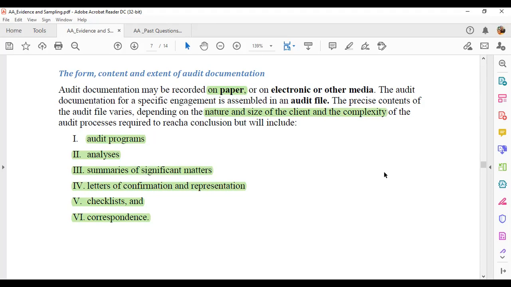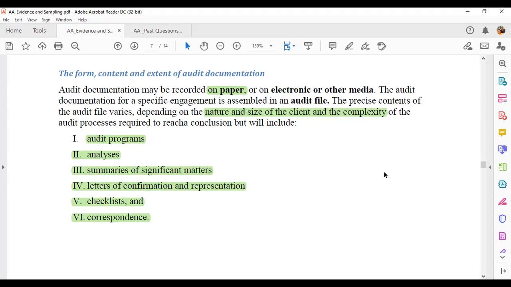Some of the analysis that you have done, maybe on their financial statements, it will also have that. Letters of confirmation and representation. Maybe you have done some circularization, which is very, very important. Some of your inventory counts,